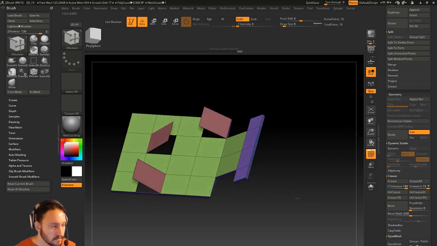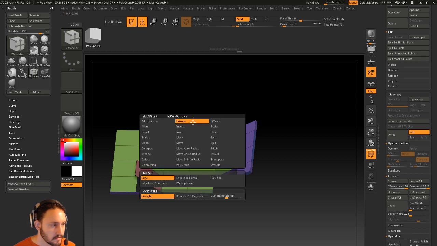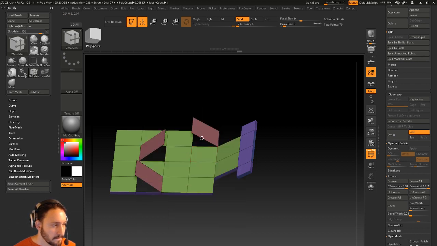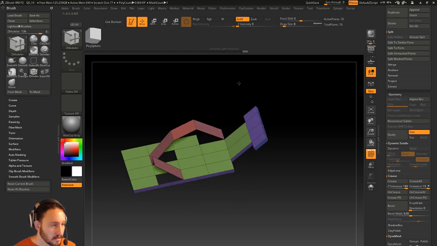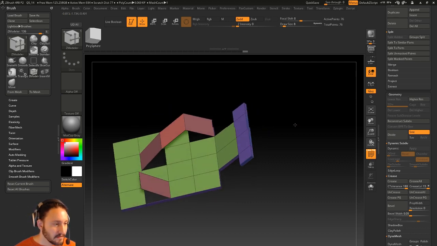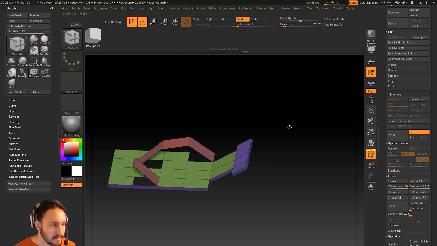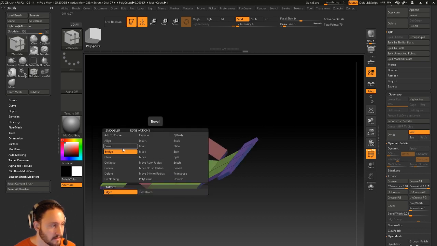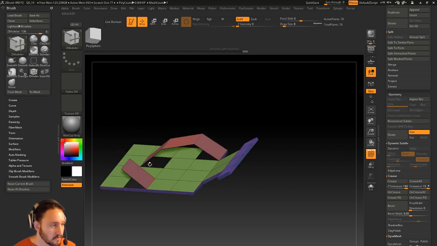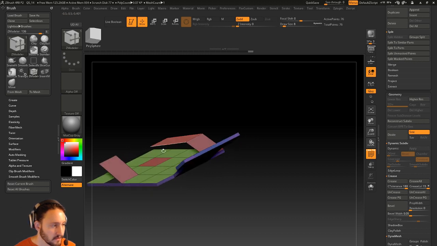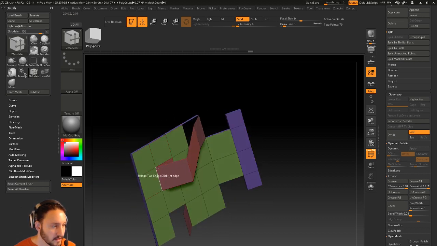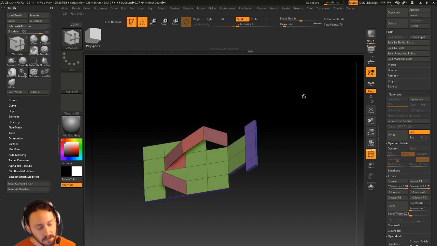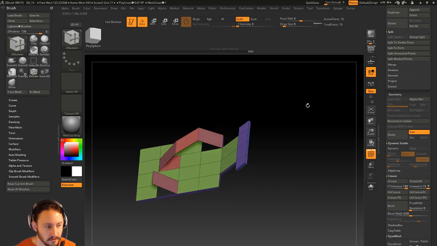And I guess you could bridge those. Let's try. Yeah, we can bridge edges here. Kind of do some of this kind of modeling. But again, all it would take to make this non-manifold geometry is to have this closed, and now you have some really nasty stuff going on in here with these points. So yeah, extruding edges, I usually just use QMesh. I know, not a perfect answer. ZBrush might have a better answer, but